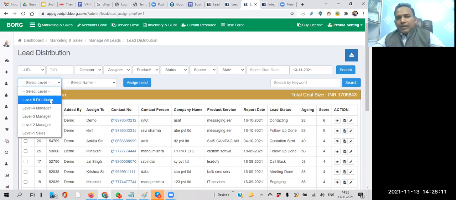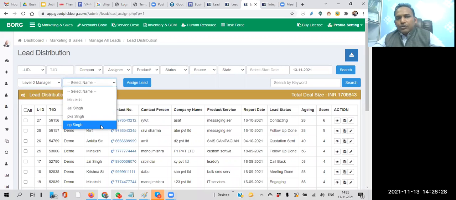And in fact, we have another module where distributors are also there, so the salesperson can also assign a call to the distributor. So here there is an assignment, for example, when you are setting up level 2, all people who are in level 2 will show in the drop down.